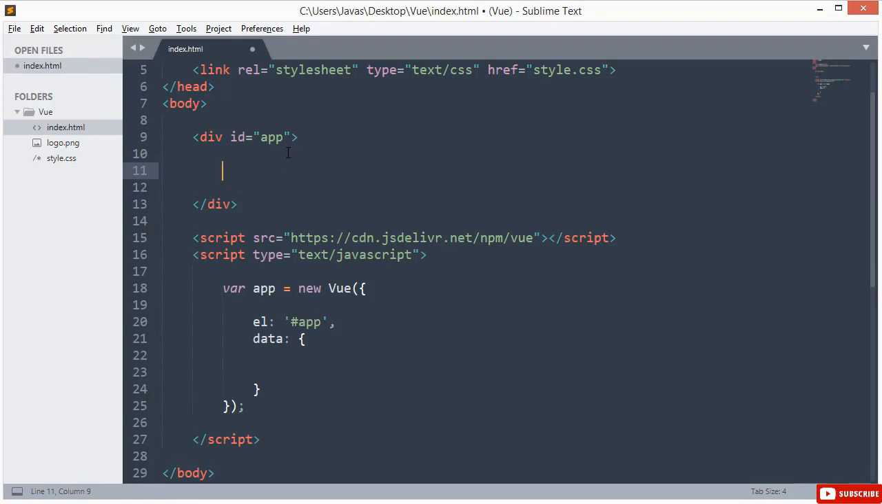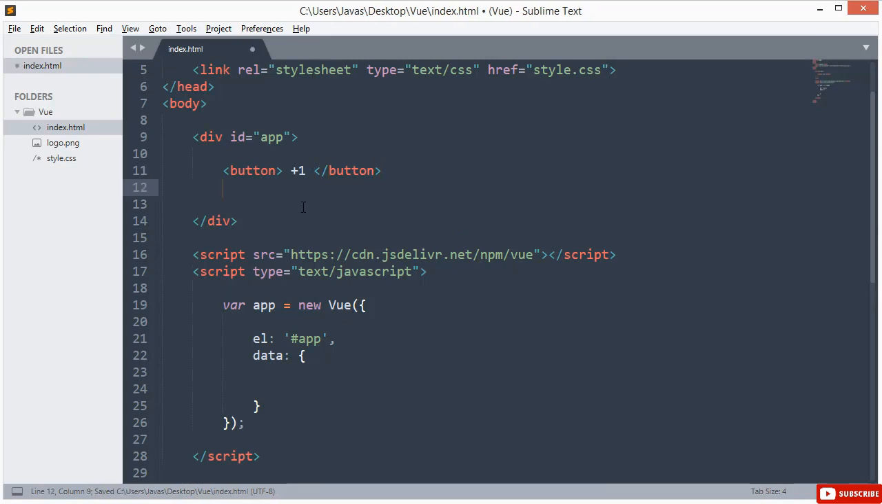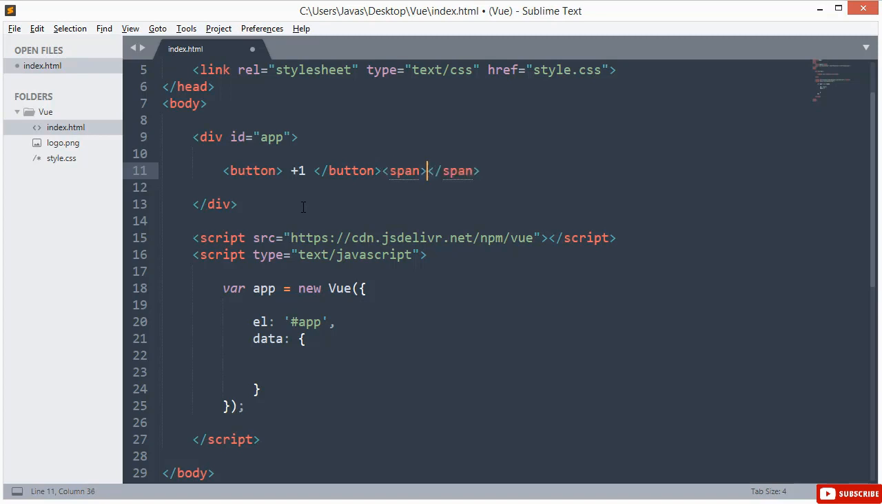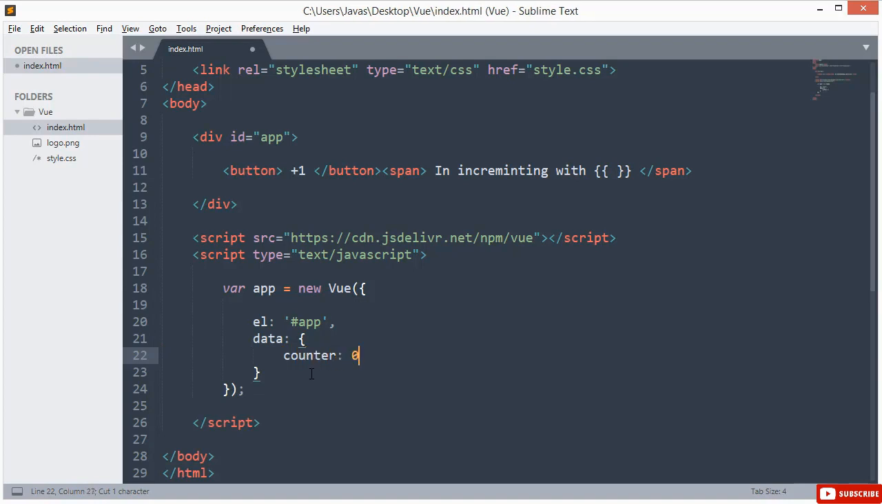Okay, let me give you an example. Let's say for instance I'll create a button right here. I'll call it +1, and I want this button to increment. And then let me write a paragraph in a span tag: "is incrementing with", sorry for the spelling mistake, and then I want some number right here, and then let me create a number or counter. At least for now the initial value is 0,